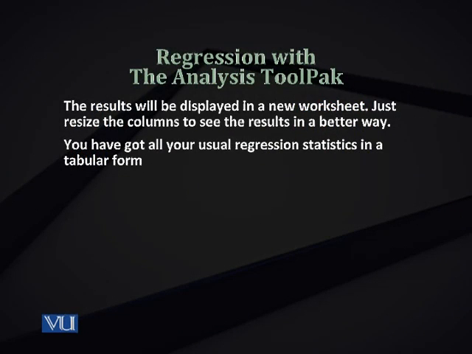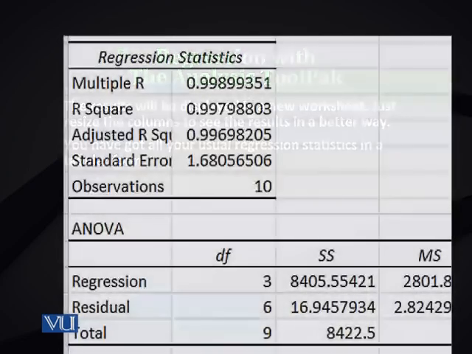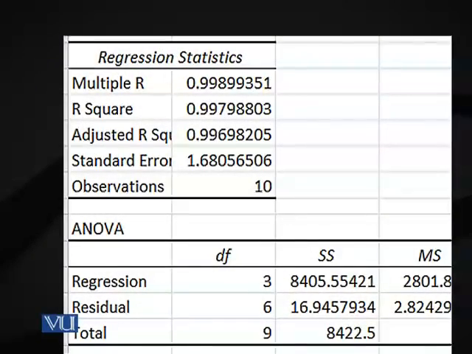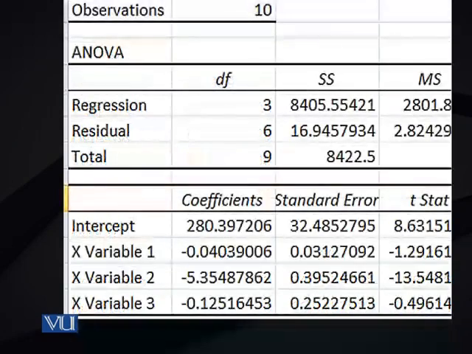When you clicked the data analysis tool pack and gave your options and said OK, the regression was performed and the results were displayed in a new worksheet. As I told you, there are three basic parts of this regression table or regression metrics. The first one are regression statistics, the second analysis of variance, and the third are basic regressions, that is coefficients, standard errors, etc. We'll be discussing everything one by one, but before that, I would advise you to resize your columns